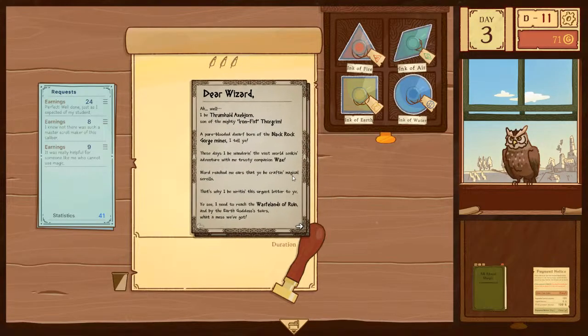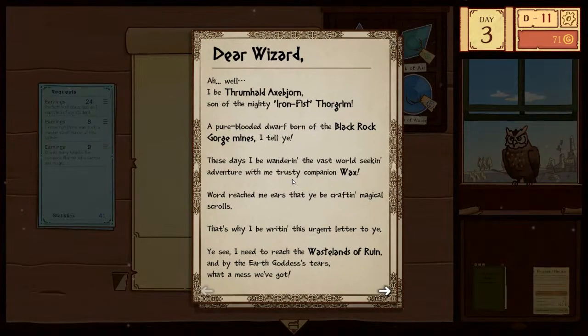Dear Wizard. I be Stromhold Axbjorn, son of the mighty Iron Fist Thorngrim, a dwarf born of the Black Crop Gorge. These days I be wandering the vast world, seeking adventure with me trusting companion Wax. Me ears tell me that you be crafting magical scrolls. That's why I be writing this urgent letter to ye.